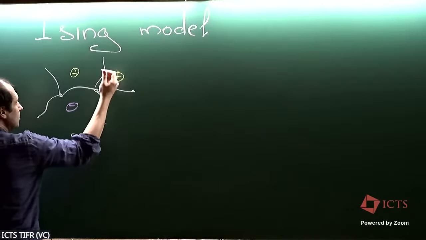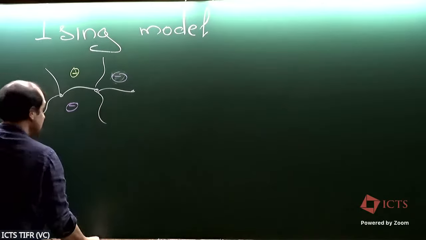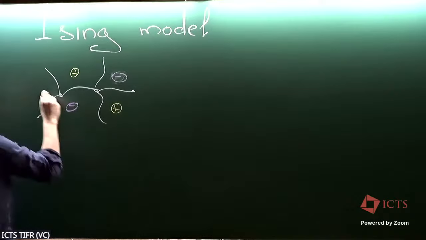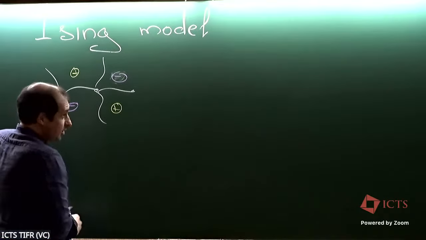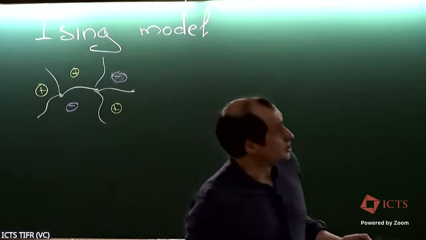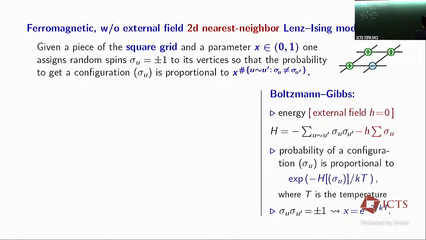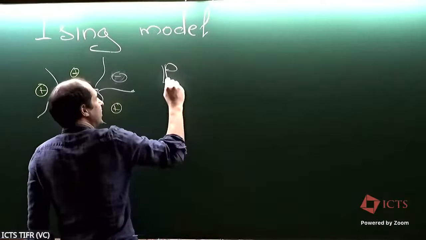This guy is B minus, this guy is B plus. And my parameters, so this is the homogeneous model. So this X is just one parameter for the whole lattice. And for me, there will be different parameters assigned to different edges. So the probability of a given configuration of spins